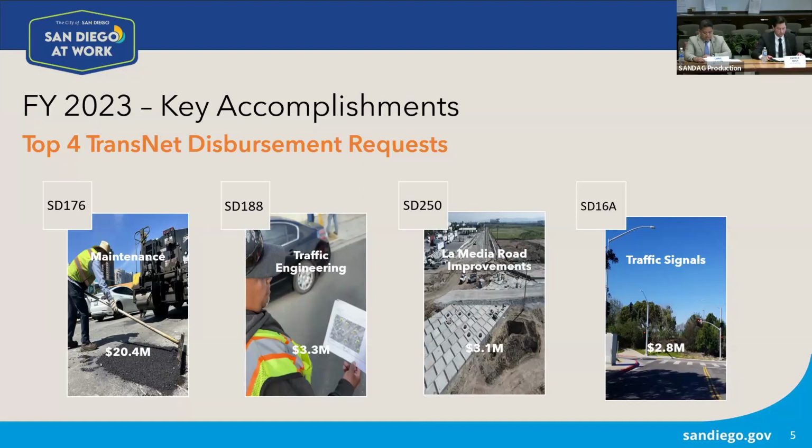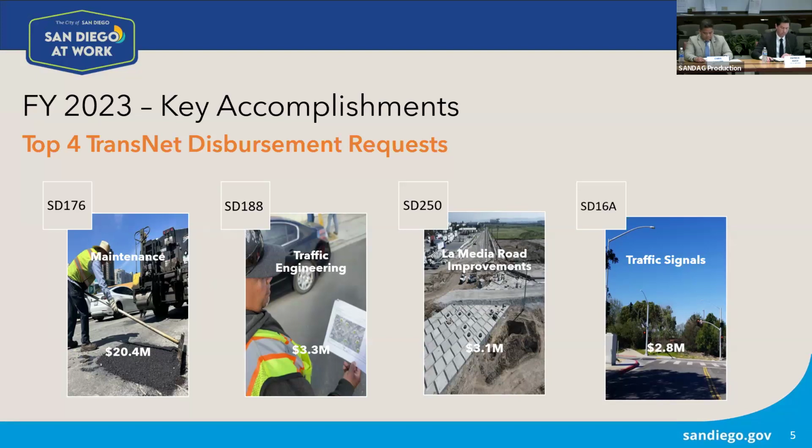Our top TransNet spender was Project SD 176, which includes Surrey's Slow program, as well as transportation's maintenance and efforts across all asset types. This project accounted for 44% of the total FY23 disbursement. The second largest spender was Project SD 188, related to traffic engineering and project implementation, with $3.3 million, or 7%